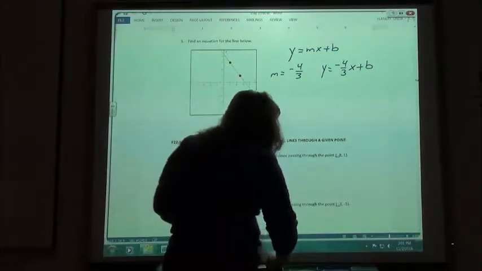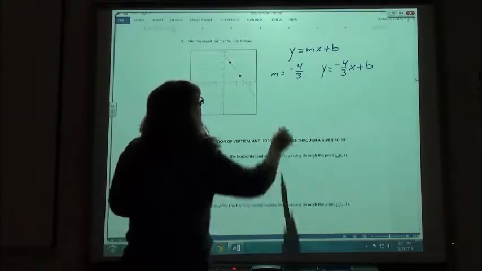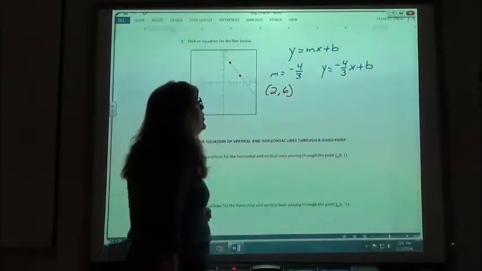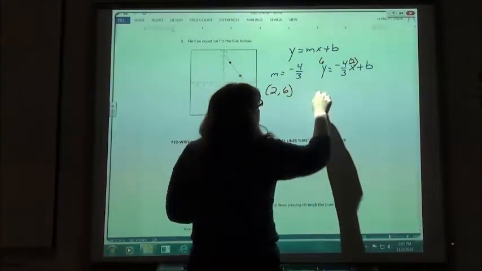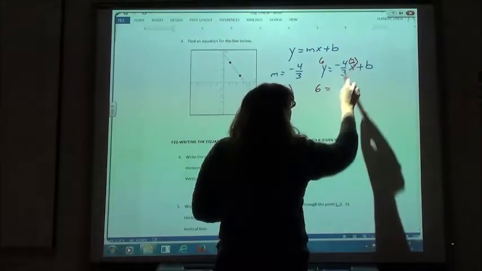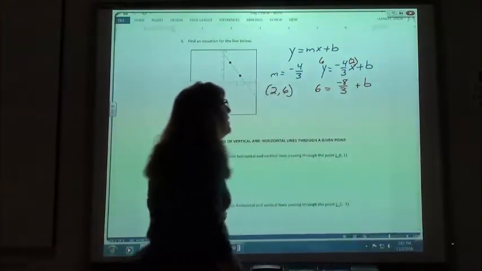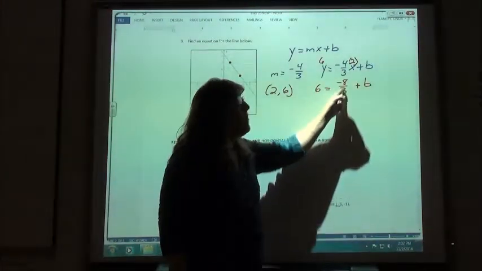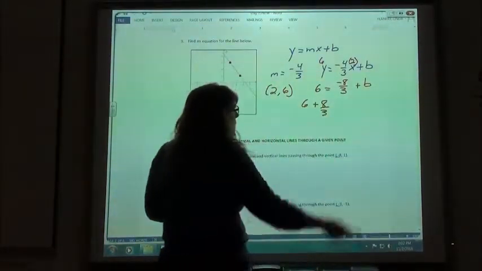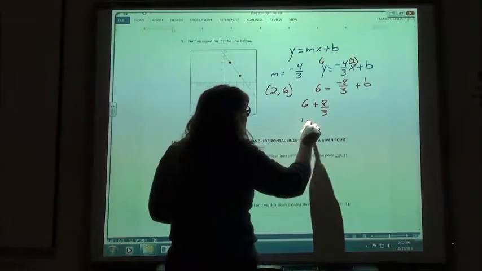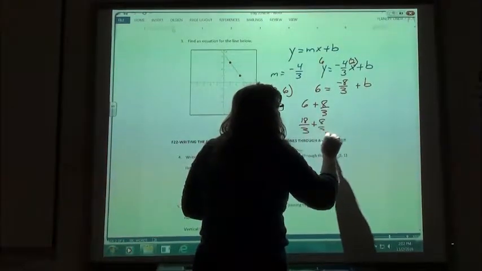Again, when I am plugging my numbers in, it doesn't matter which point you use. I'm just going to use this one, which is at 2, 6. So my ordered pair would be 2, 6. So 6 in for y, 2 in for x, so 6 equals, multiplying this out, I'm just going to get a negative 8/3. I can't simplify that, plus b. So solving this for b, I end up adding my 8/3. 6 plus 8/3. So again, 3 times 6 would give me 18/3, finding my common denominator, plus my 8/3 would